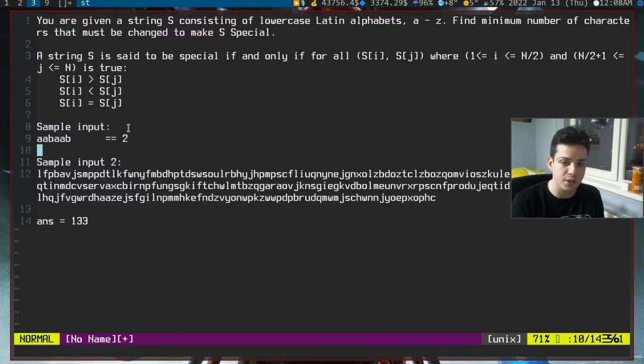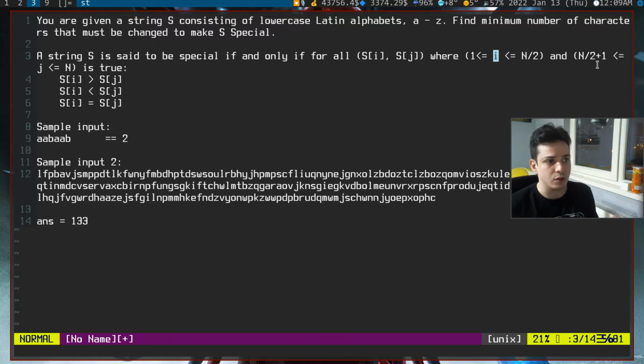You are given an initial string and you need to determine if it's special or not. If it's not special, in how many moves, in how many iterations, can you make the string special? So what's a special string in this question? It's actually pretty simple. i's boundaries are 1 to n/2, so you can think of it as the left half, and j's boundaries are n/2 to n. And this string length will always be even, that's given in the problem, therefore you don't need to worry about oddness.